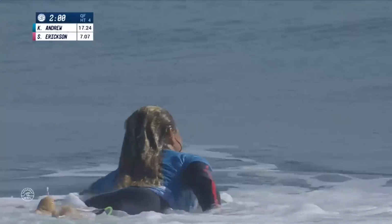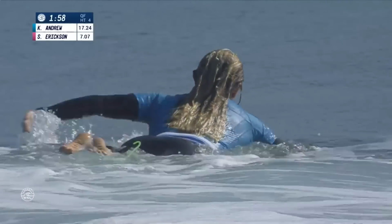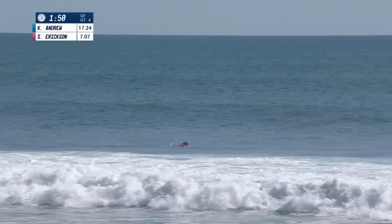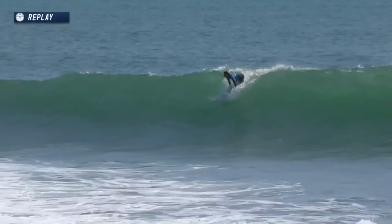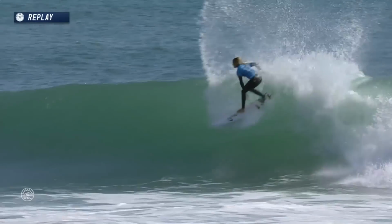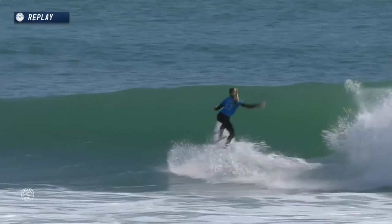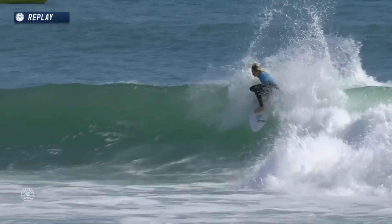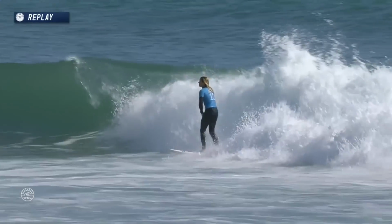Nice big round deep bottom turn too. And you love when you commit to that bottom turn and the section stays there for you and you just unload on it. It's just so good seeing someone compete at their full potential. Love again, finish. Wave number 2, so look how clean the face is on wave number 2, and this one bending at her, so it's just all the extra energy is folding at her,